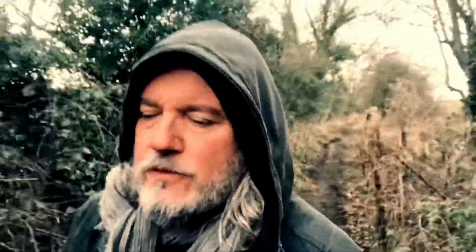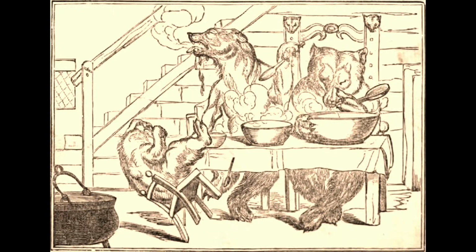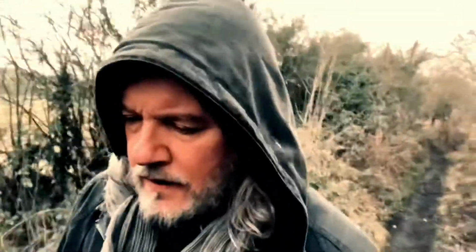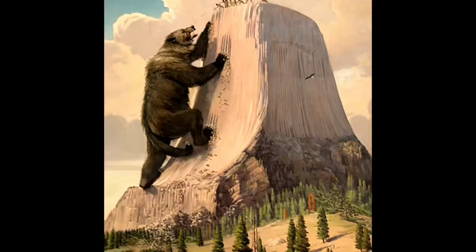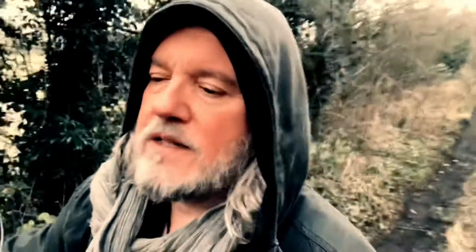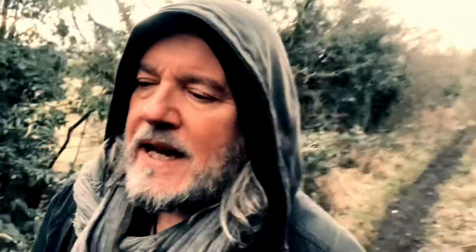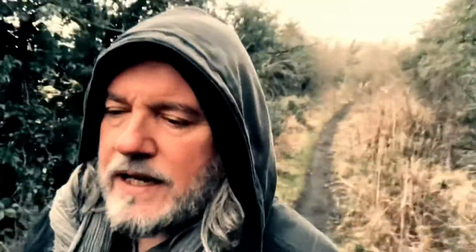There's also the legends of Masha, the Russian folklores, which relate to the bear and the goddess. And I wonder whether Goldilocks and the three bears is connected to that Russian folklore. I think it is. And you know, the story of the Pleiadian star system turning into 7 maidens as they were pursued by a giant bear are all about stories that relate to the passage of the stars on one level, and they're also connected to stories that relate to these interstellar ancient races